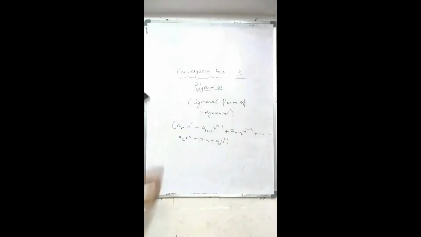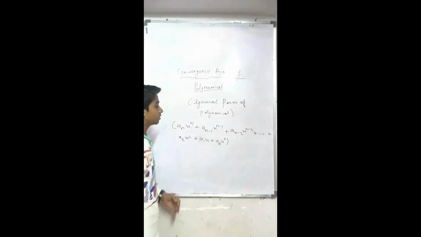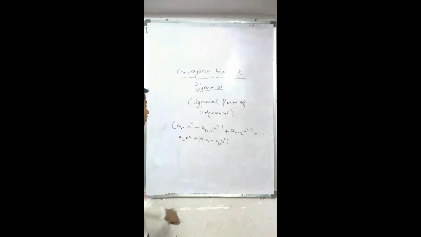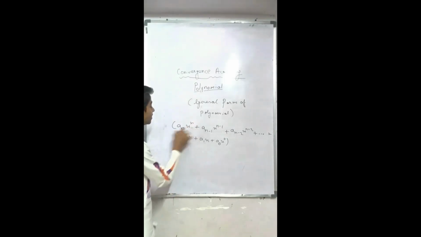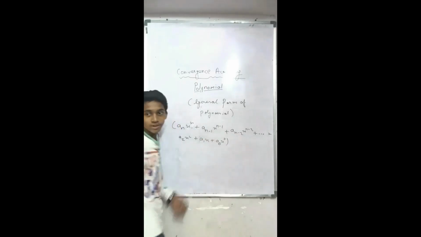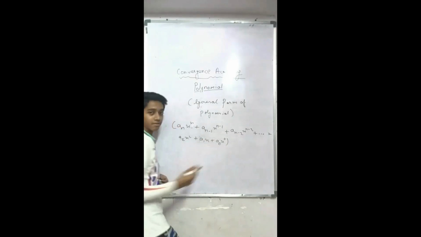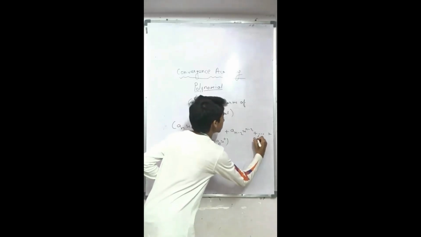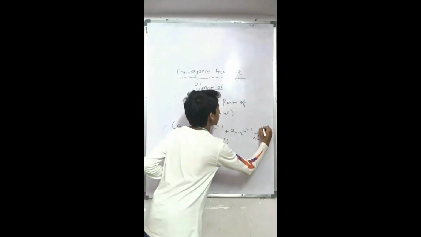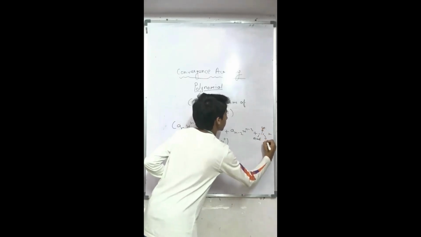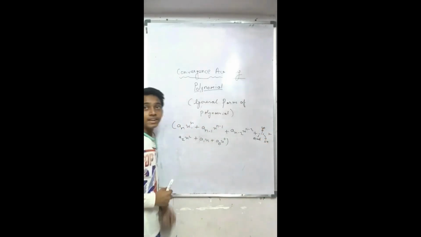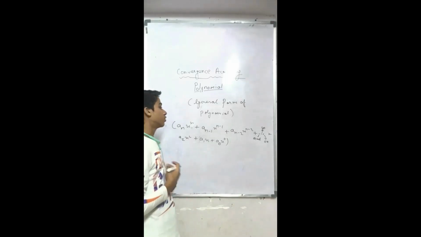So you see here that a n x raised to power n plus a n minus 1 x raised to power n minus 1 plus a n minus 2 x raised to power n minus 2 plus and so on plus a2 x square plus a1 x plus a0 x raised to power 0. So you notice here that the degrees are decreasing one by one. Okay, so what is the meaning of this? You may be confused about what 'and so on' means. It means that we go on and do not stop.